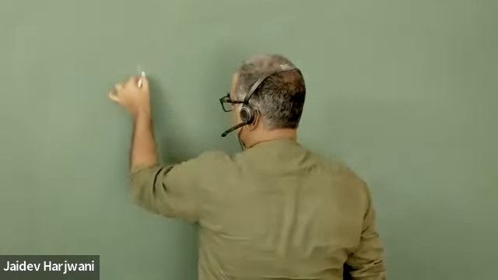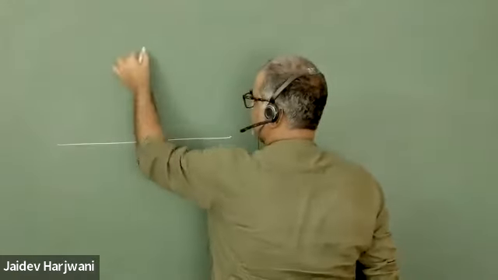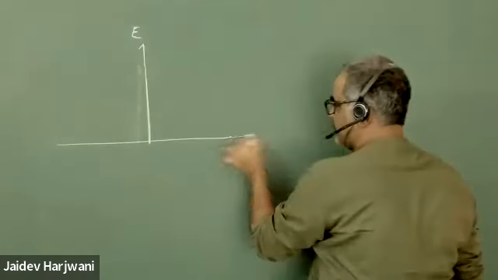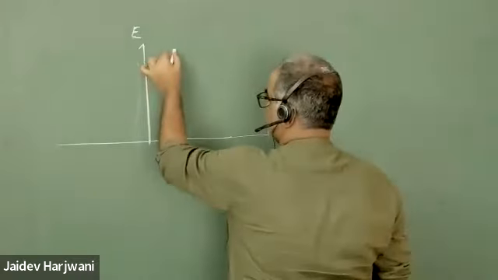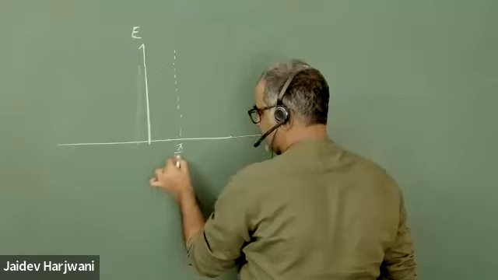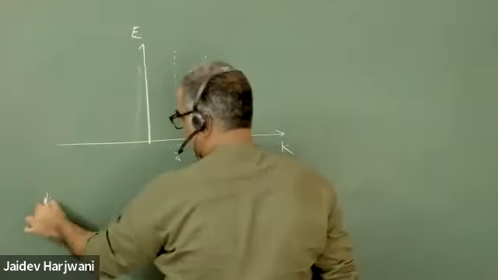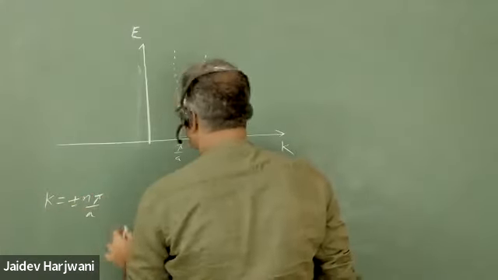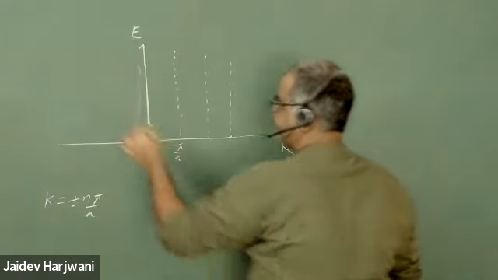We have an E versus K curve. We have an energy axis, and then we have a K axis. Okay, and then we have seen that at k equals to plus minus n pi by a, we have discontinuities. So if I plot this graph,